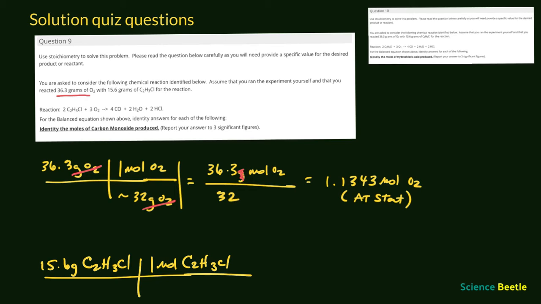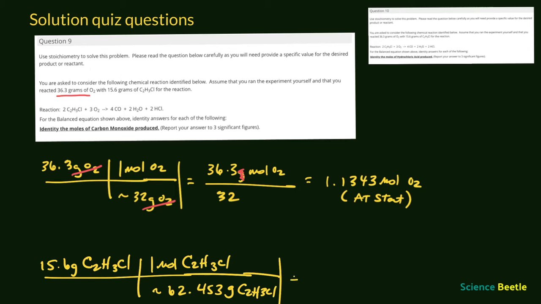The chlorine atom is 35.453. We add 3 hydrogen atoms. I'm going to add 3 to that mass there. And then we're going to add the mass of 2 carbons. So we're going to add 12 plus 12, giving us an approximate mass here of 62.453 grams for